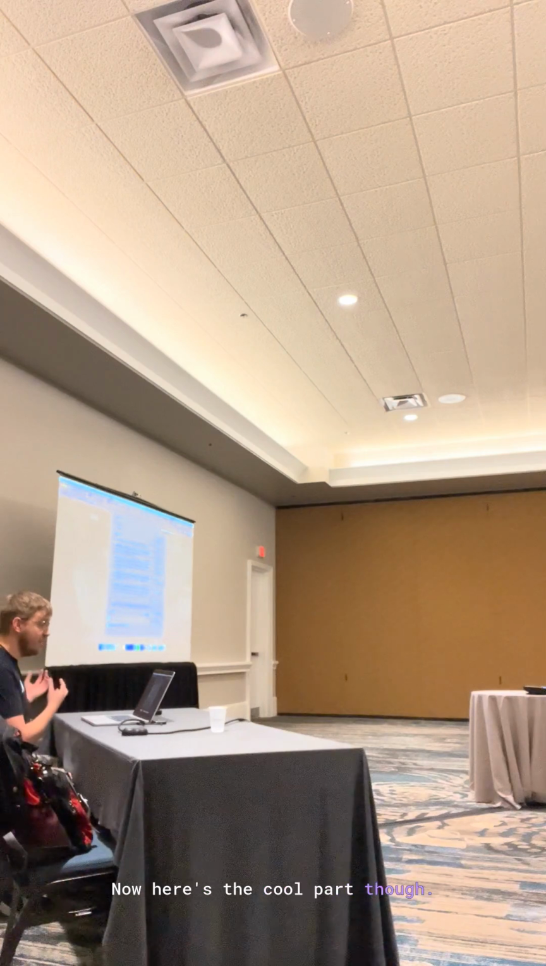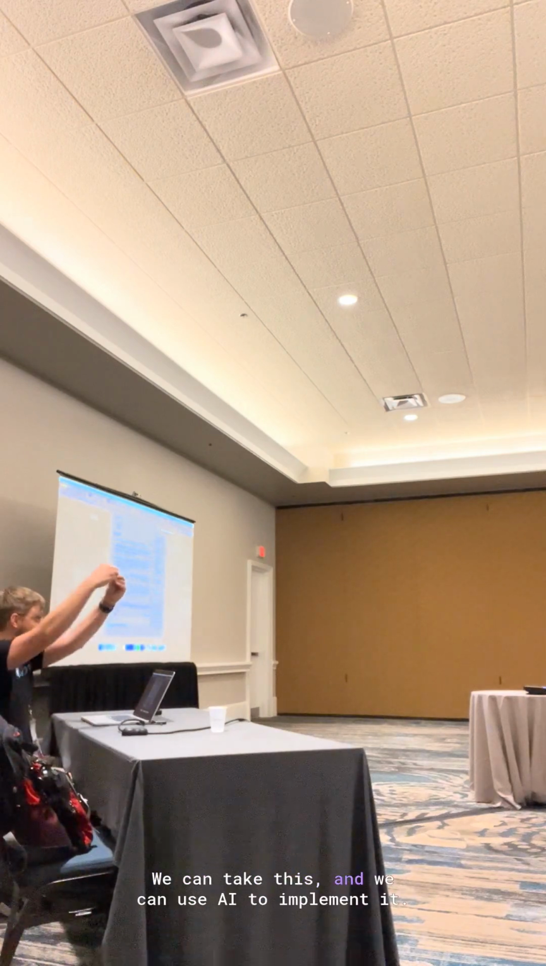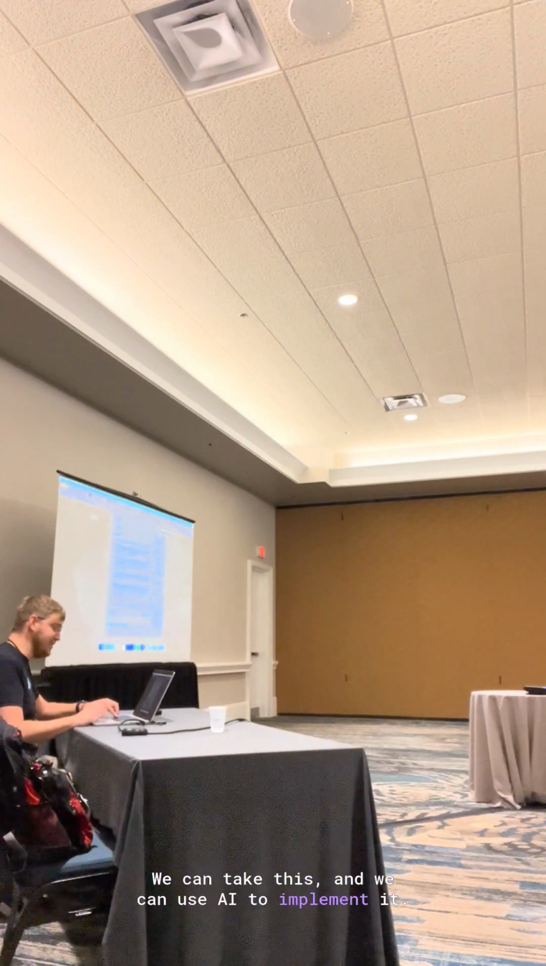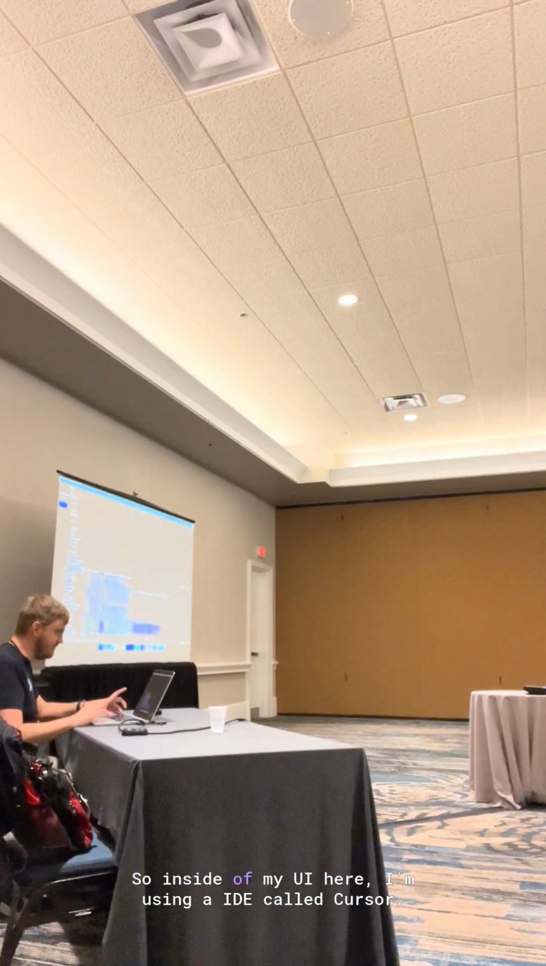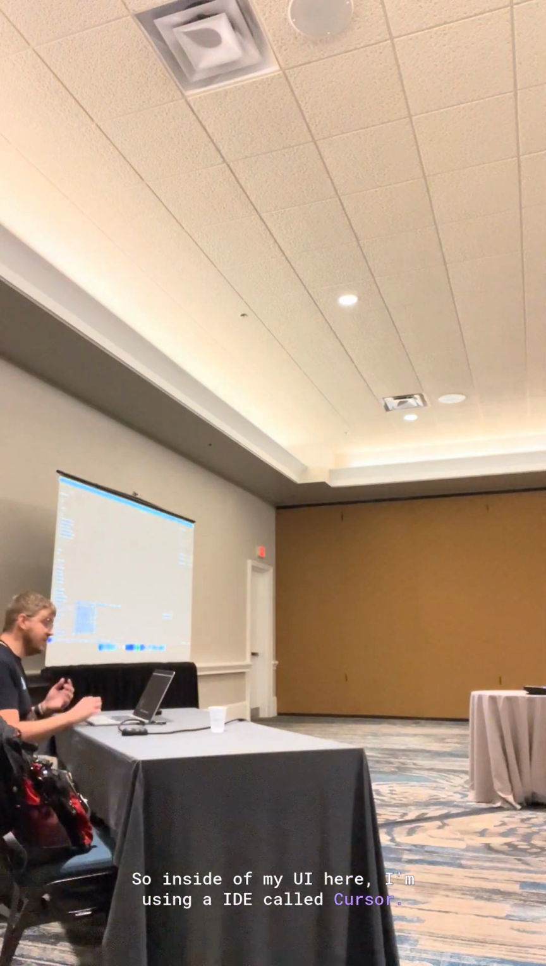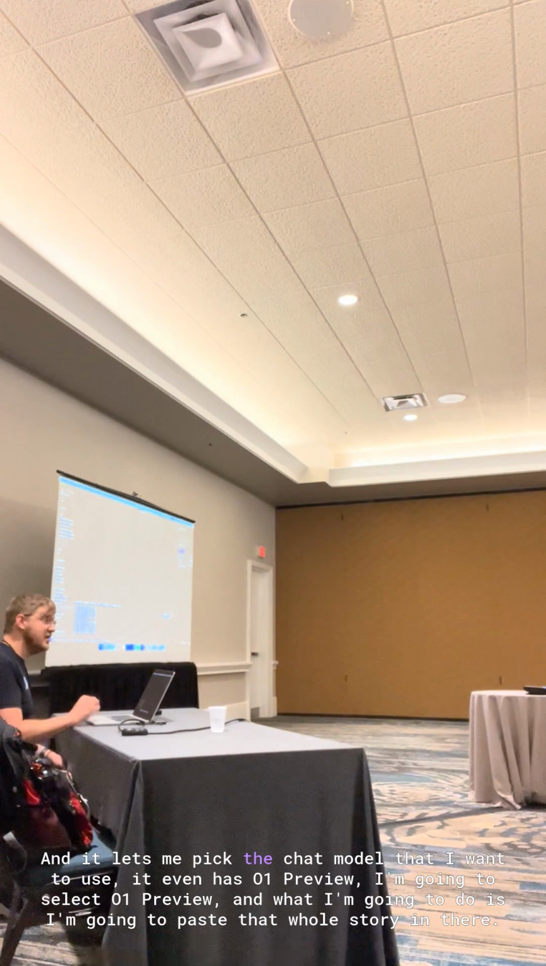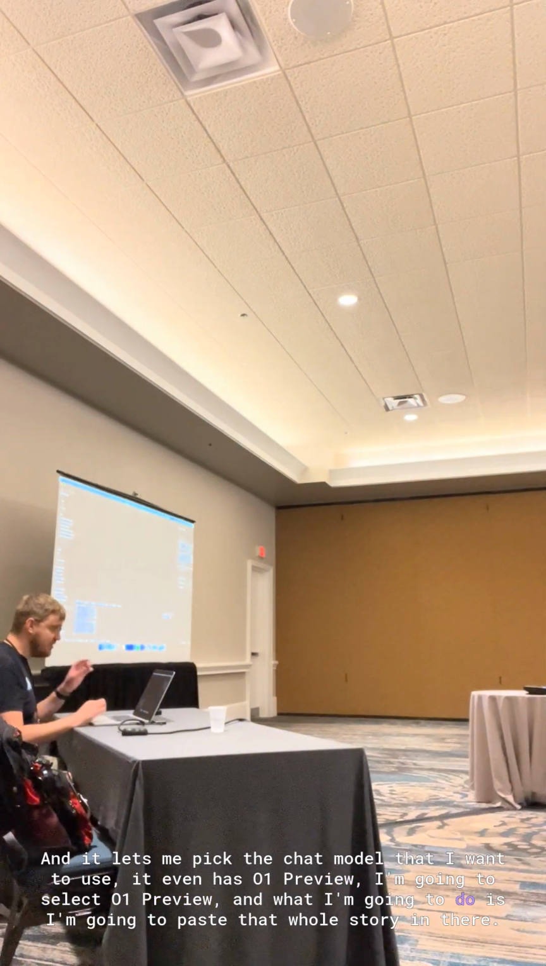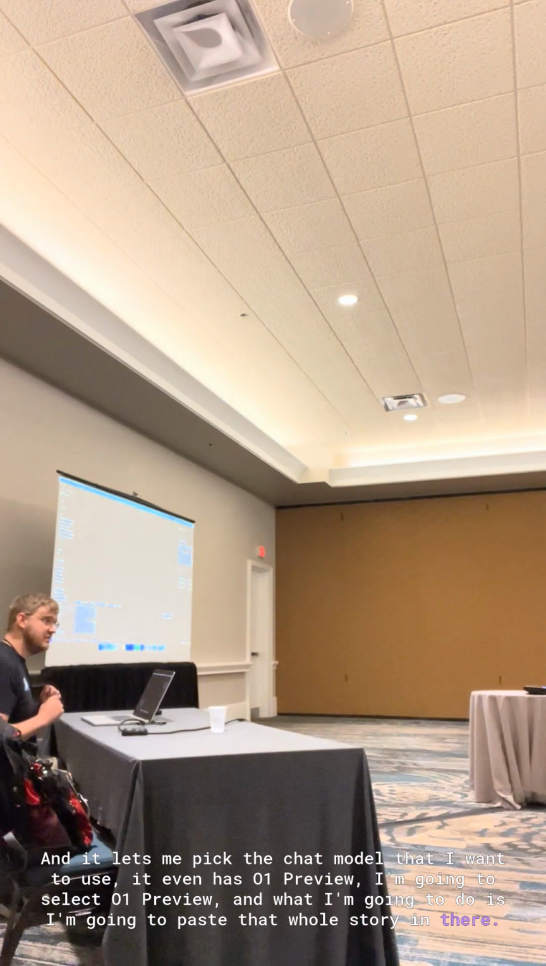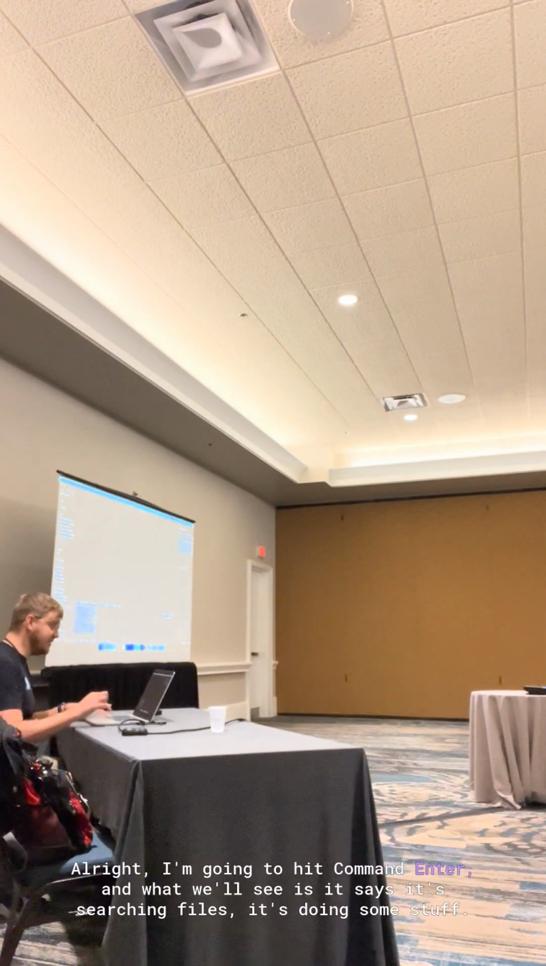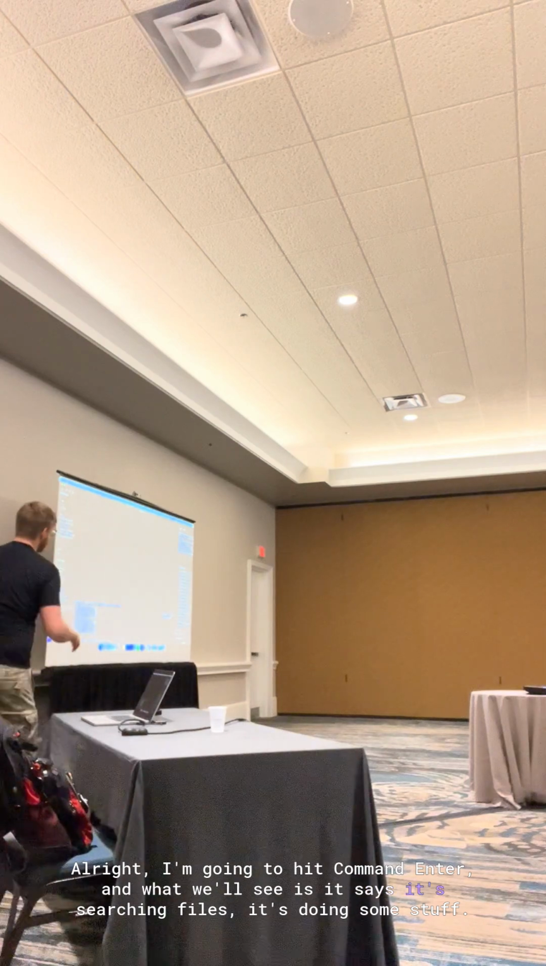Now, here's the cool part though. We can take this and we can use AI to implement it. So inside of my UI here, I'm using an IDE called Cursor, and it lets me pick the chat model that I want to use. It even has O1 preview. I'm going to select O1 preview, and what I'm going to do is I'm going to paste that whole story in there. All right, I'm going to hit Command Enter, and what we'll see is it says it's searching files,